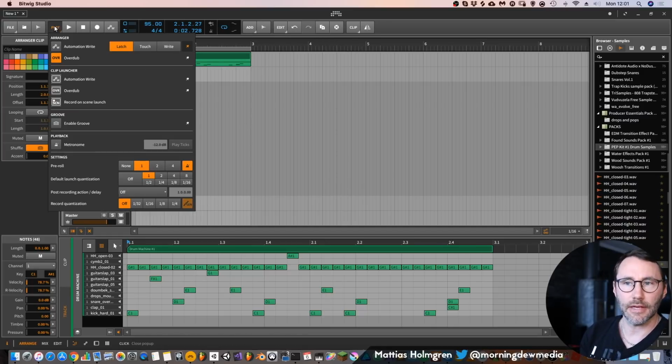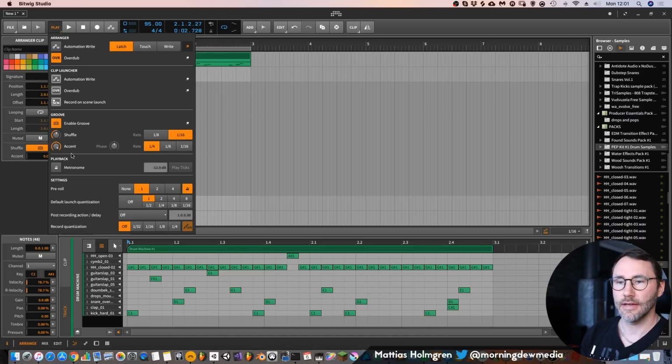Press this play button here, and here we have the groove and enable groove. And here we can also adjust the shuffle amount. So let's play this beat and listen. Yeah, now we have some groove into this.